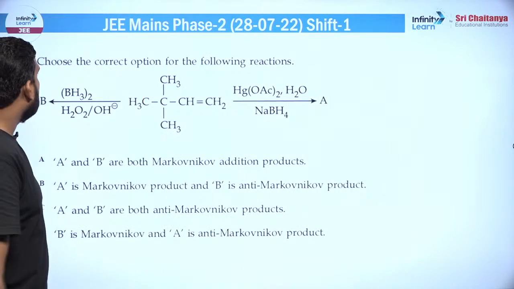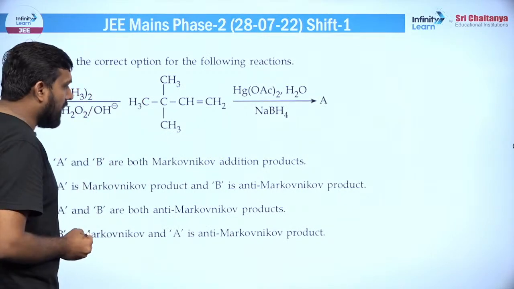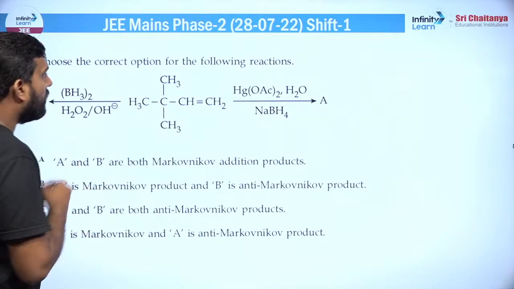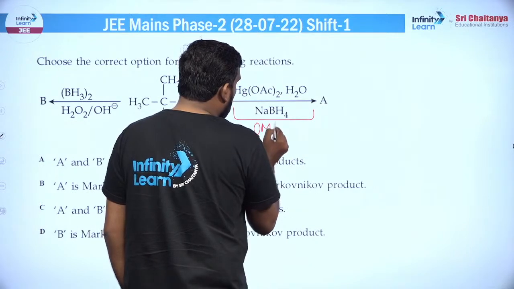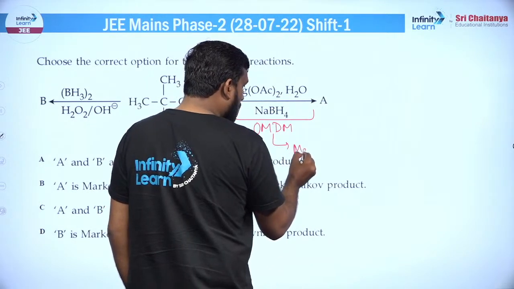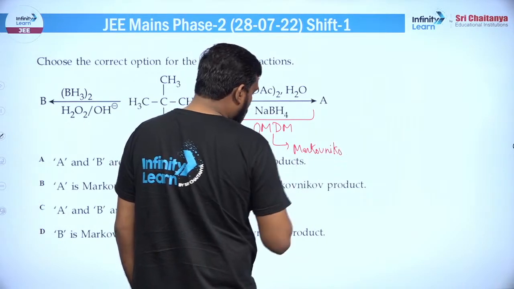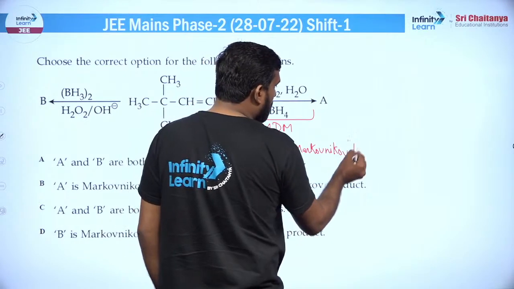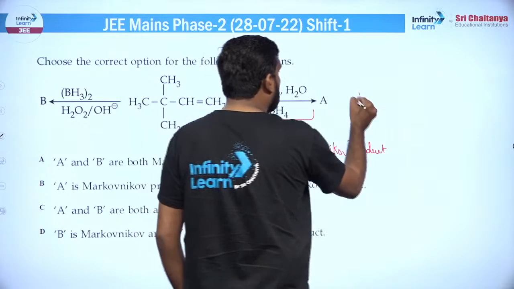मूविंग टू द नेक्स्ट क्वेश्चन, चूज द करेक्ट ऑप्शन फॉर द फॉलोइंग रिएक्शन। तो देखो क्या पूछा गया, A एंड B। अच्छा, मार्कोनिकॉफ और एंटी मार्कोनिकॉफ, तो इस रिएक्शन को फेमसली ऑक्सीमर्कुरेशन डीमर्कुरेशन कहा जाता है, और इसके अंदर मार्कोनिकॉफ रूल फॉलो होता है, ठीक है। तो यहां पर आपको जो प्रोडक्ट मिलेगा वो मार्कोनिकॉफ प्रोडक्ट मिलेगा, यानी कि बेसिकली आपको जो प्रोडक्ट दिखेगा वो कुछ इस प्रकार